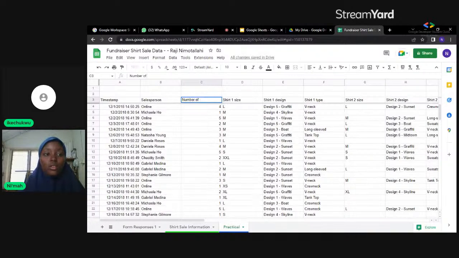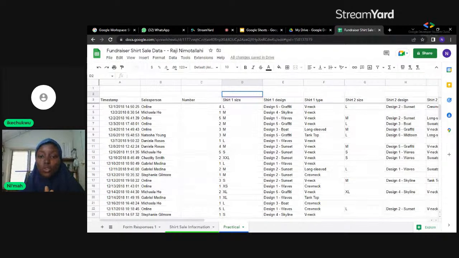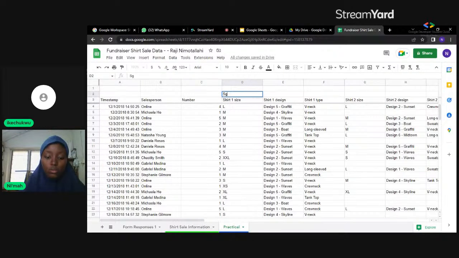Now for this one, we'll be adding a header to it. We will later be merging the cells. So once we merge the cells, that means the size, the design, and the type will be under sheet one. For that, we have about five sections there. So for this one, we'll be writing sheet one,